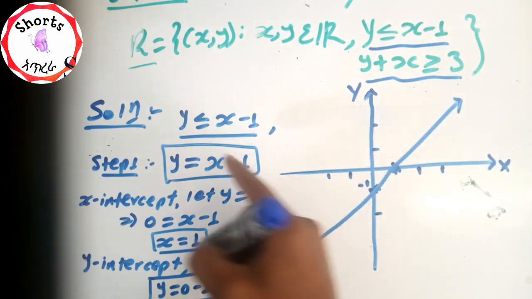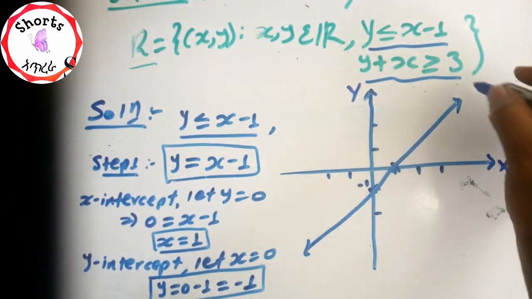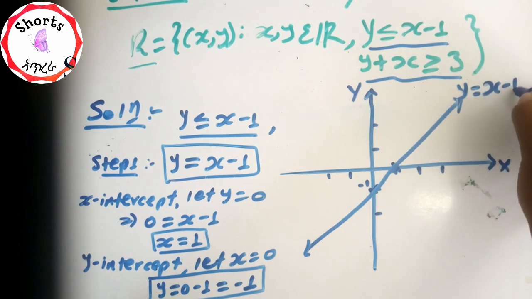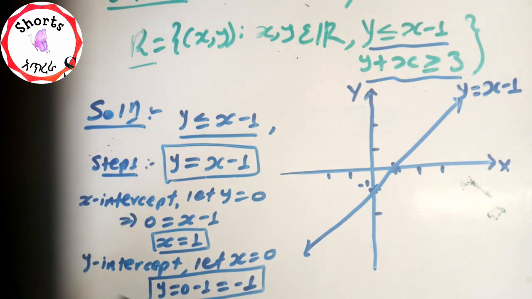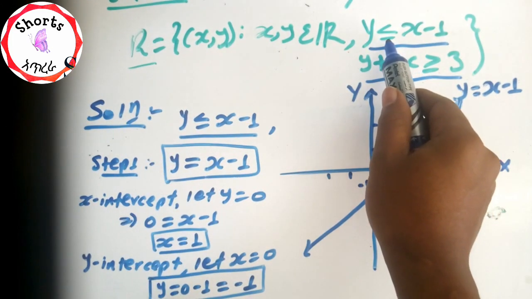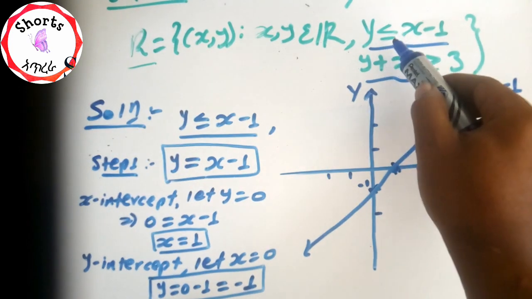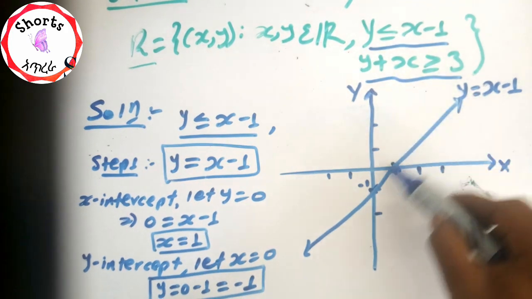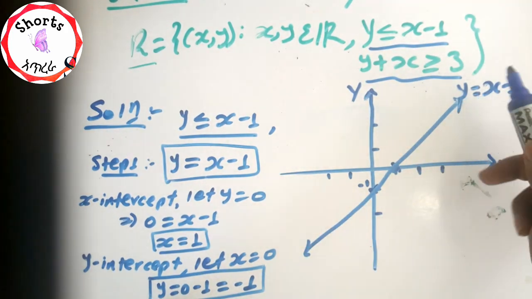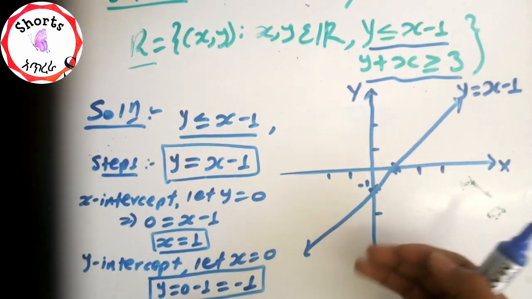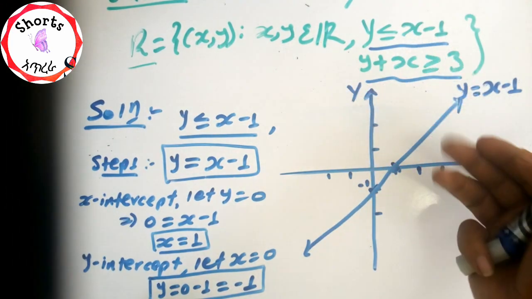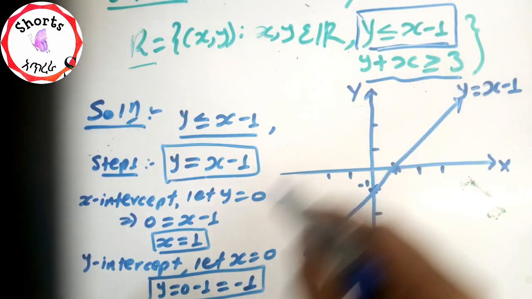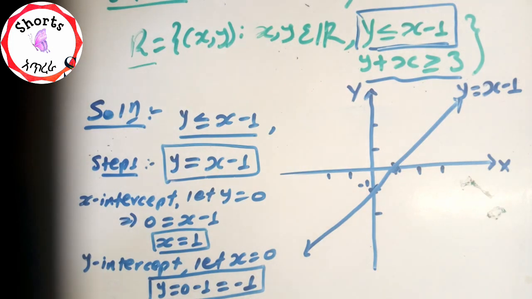This is the graph of the equation, not the inequality: the equation y = x − 1. But our relation is not an equation, it is an inequality. Therefore to shade the region where y ≤ x − 1, first you obtain the line y = x − 1. አስቀድመን ይሄንን ላይን ካገኘን በኋላ ከላይኑ በታች በኩል ወይ ከላይ በኩል መቀባት እንዳለብን የሚወስነው y ≤ x − 1 የሚለው ሪሌሽን ነው።